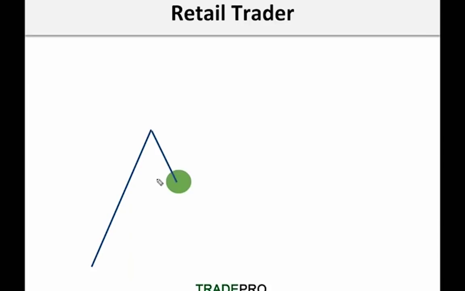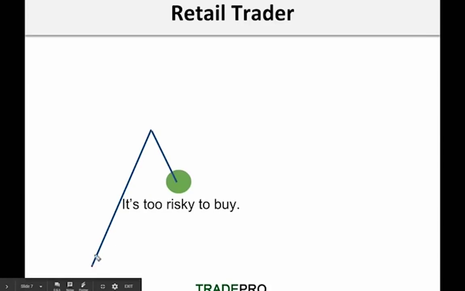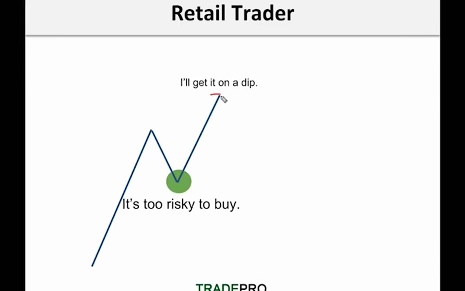So what ends up happening is your typical trader mindset on retail is this. They'll see a dip and they'll say it's too early. It's too risky to buy here on this dip. All right. And then they'll see it pop back up and they'll say, oh, darn it, I missed this opportunity. I'll buy it on the next pullback. And when we're talking about your average retail trader, we're talking about the average educated retail trader. 90% of the rest of them that haven't spent time to educate and develop themselves would not even buy it here. They'll continue to buy on the way down until it goes bankrupt.